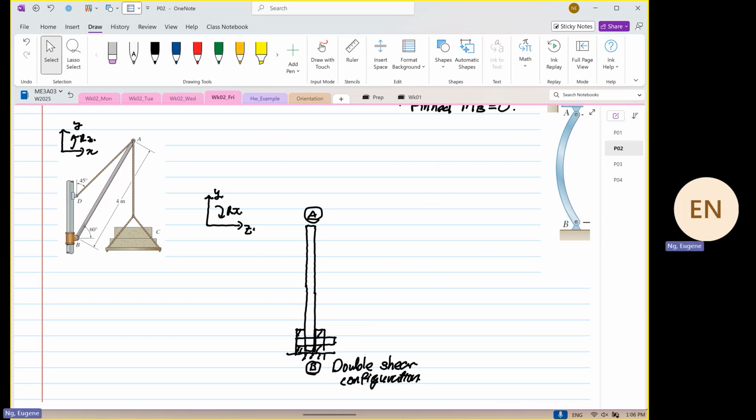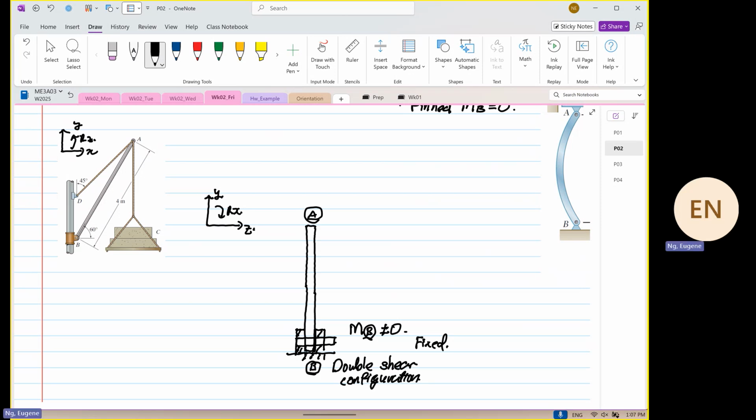Point B cannot rotate at all. So moment at point B is now not equal to what? 0. You see that now? So now this is what? Now, when that's the case,